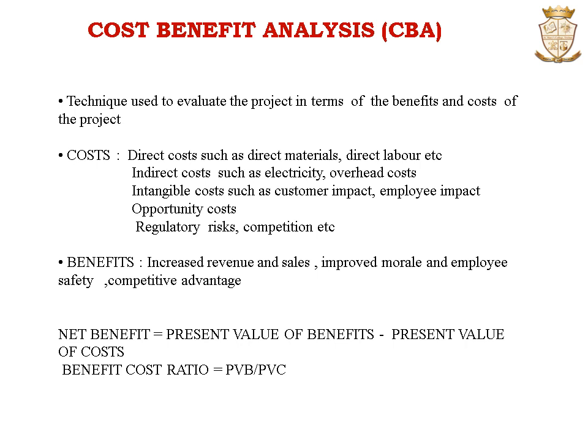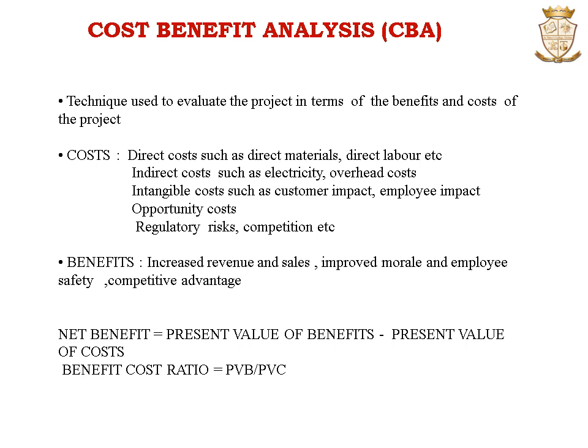Direct costs include the direct labor involved in manufacturing, inventory, raw materials, manufacturing, etc. Indirect costs are indirectly related to the particular activity or project, which include electricity, overhead costs from management, rents, utilities, as well as intangible costs such as customer impact of pursuing a new business strategy, project, etc. Opportunity costs, which means the costs incurred when choosing a different alternative, or buying a plant versus building one, etc. And the cost of potential risks such as regulatory risk, competition, etc. These costs are involved in cost benefit analysis.